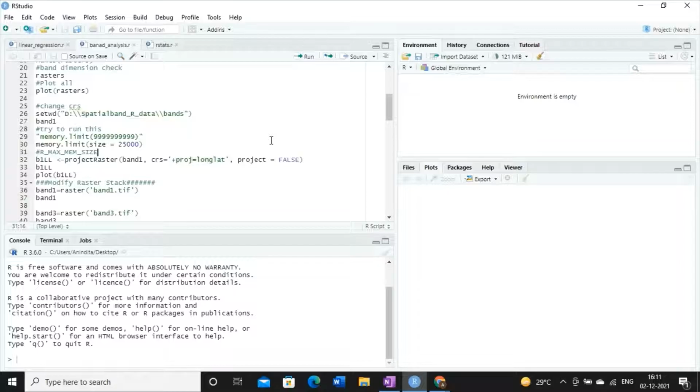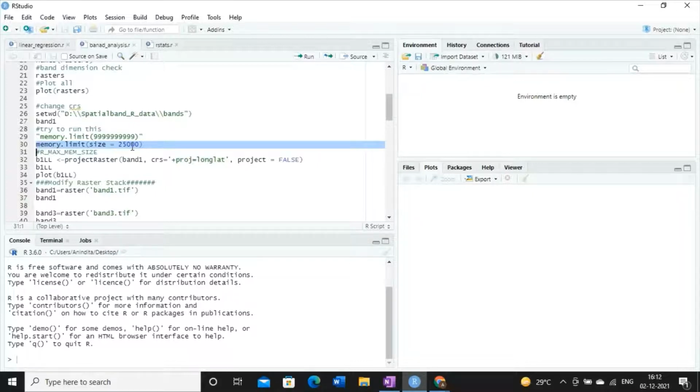Try to understand that using this mechanism, I am not extending the actual memory. Logically, I am extending the memory. We have the concept of virtual memory, right? So here I am exploiting virtual memory. This is a trial and error method. How much memory should I extend? It depends on how many bands you are working on, and there is no fixed rule. I know that this memory limit function can extend the system memory, so I am just giving some numbers repeatedly and trying to see what amount of memory it allocates.